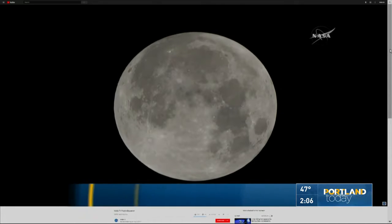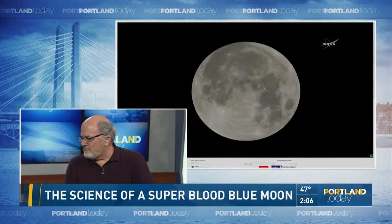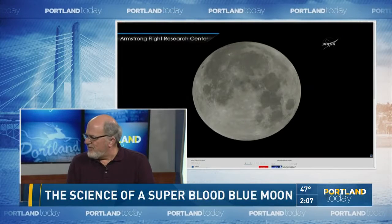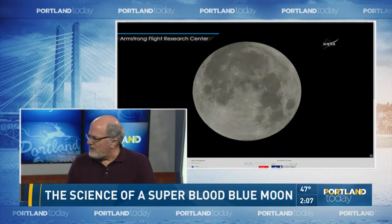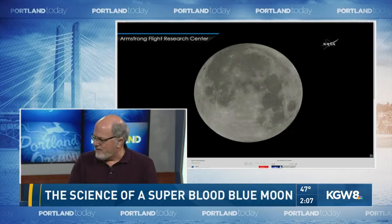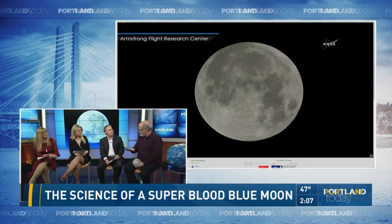So take us through that. The moon is not always the same distance from Earth. Give us a general range throughout the year of the orbit. Well, generally it's about 235,000 miles, give or take some, but it orbits around the Earth in kind of an egg-like shape. And so sometimes it's close, sometimes it's far. When it's far, it becomes a micromoon. So we have a supermoon and a micromoon. Last night was a good combination when we had the full moon and the closest distance happened just before